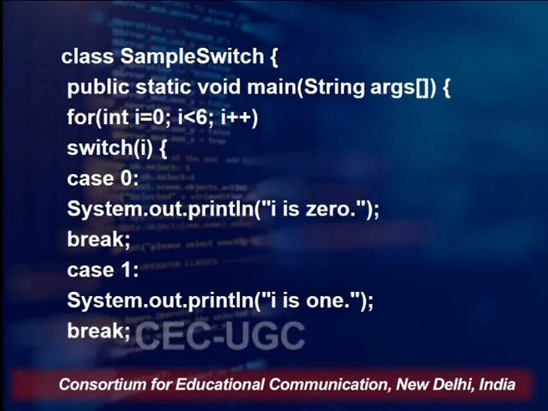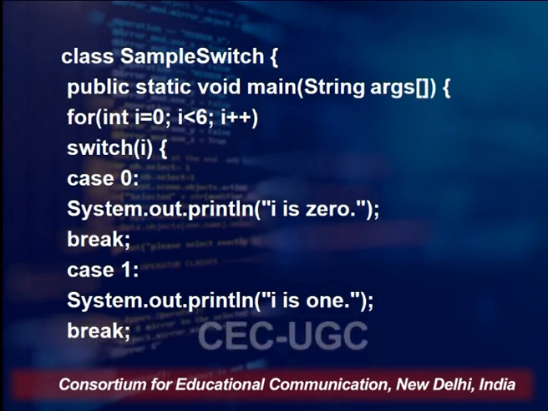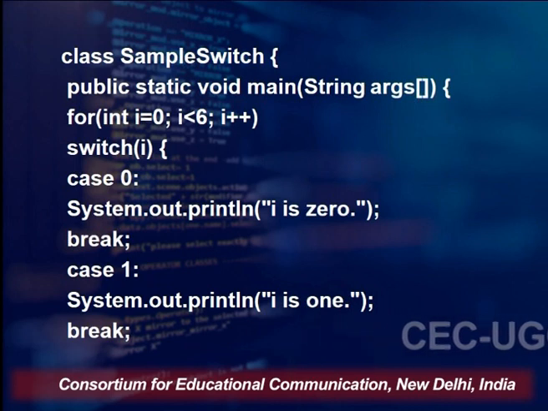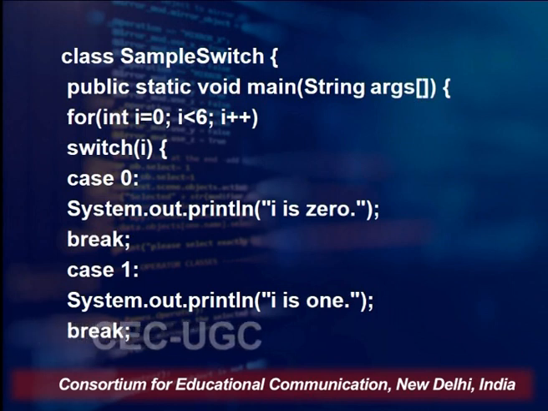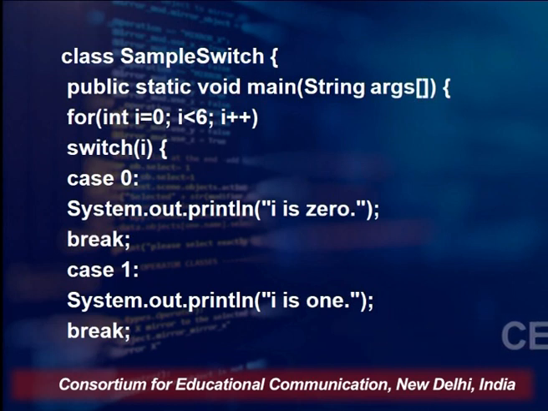Now with these details, let us try to understand an example where there is a switch, and please notice that this is written inside a for statement. I am going directly to the details of the statement, which says for int i equals 0, i less than 6, i plus plus. Then we have switch i and case 0, so now the value of i will be matched with the value of the case expressions, that is case 0. If the value of i is 0,